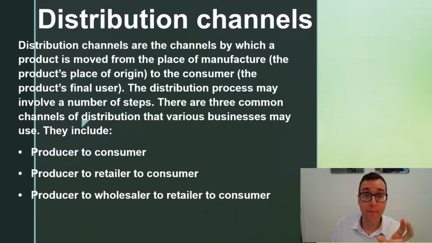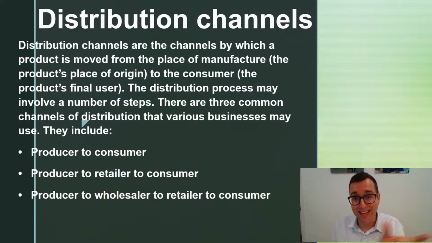Now, there's a number of distribution processes or steps that can occur, and this is up to the manufacturer and so on to choose which method that they would like their product, their good, to be given, sent, distributed